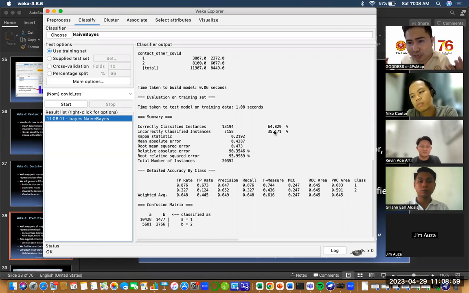It's not really sure. Napakalaki ng margin of error mo, no? Napakalaki ng error mo kumbaga. So kung makikita mo, 35% ang incorrectly classified instances. So maybe in prediction you are classified as negative, but in actuality positive. So napaka-dangerous ng ganong assumption. So you cannot risk your decision based on a 65%